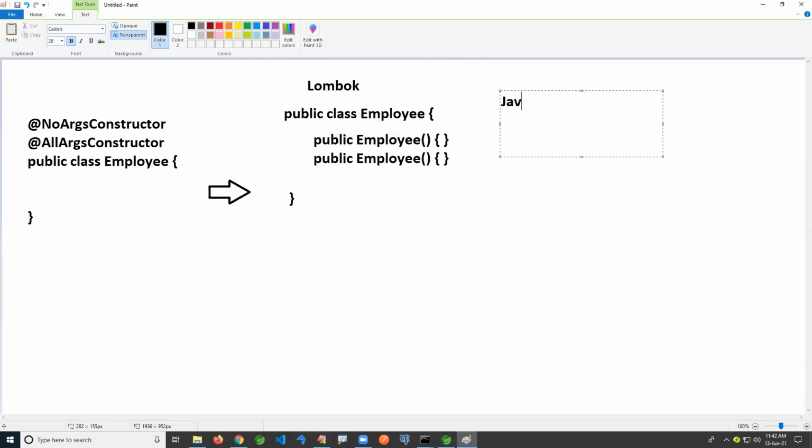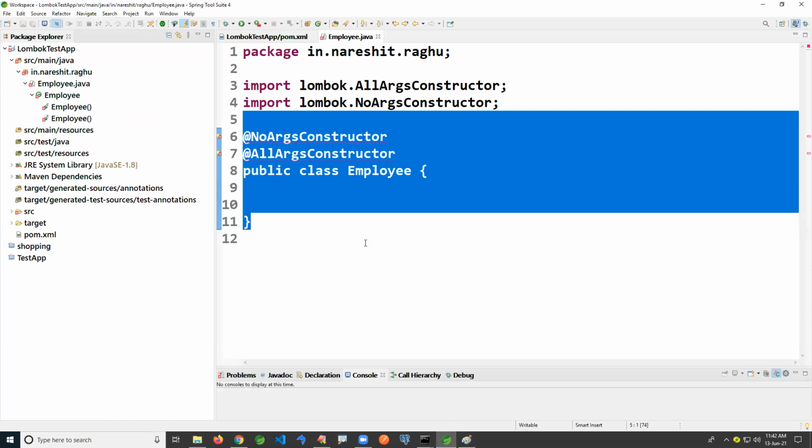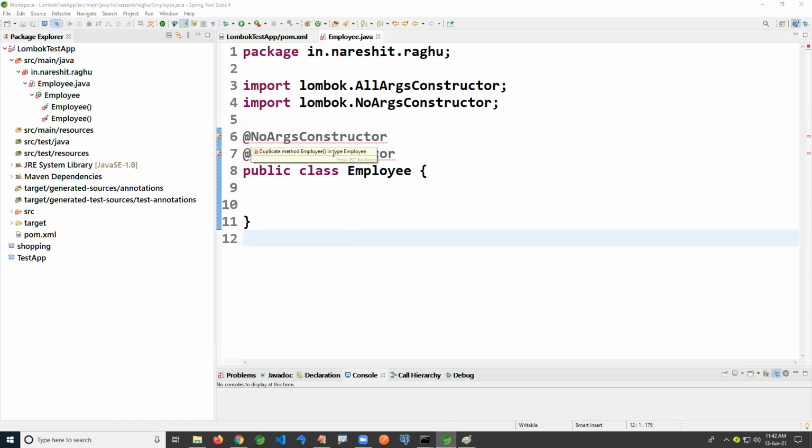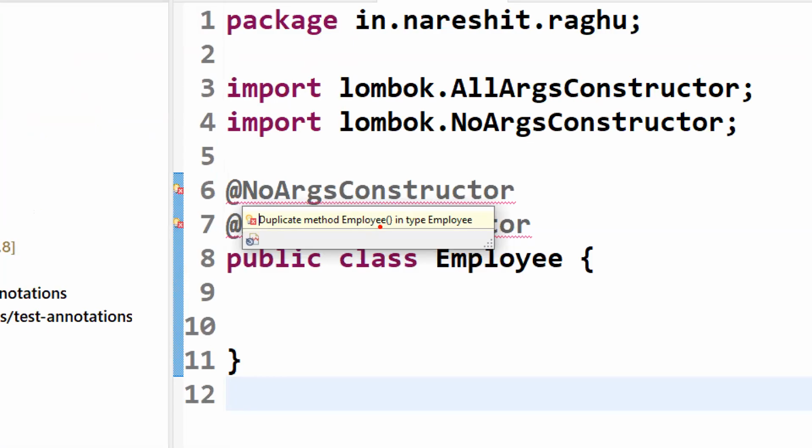Then the Java compiler is saying, hey Lombok, you're brainless. No, no, no, I have a brain; the programmer is using it the wrong way. The Java compiler is giving an error: duplicate method. So it's purely your mistake, sir. You did not use it properly. Remember, a constructor is also a method. That's why you see duplicates.